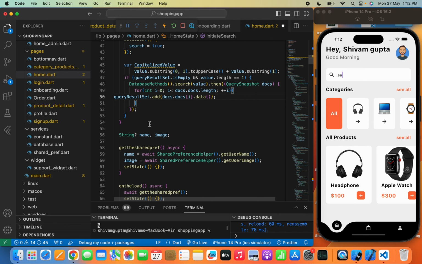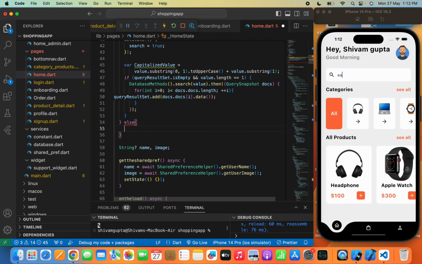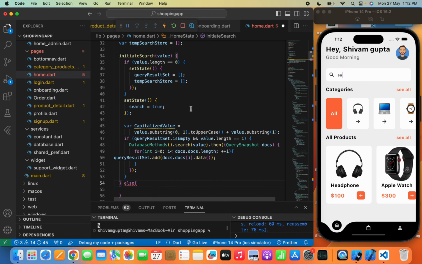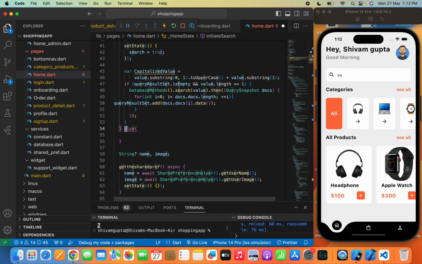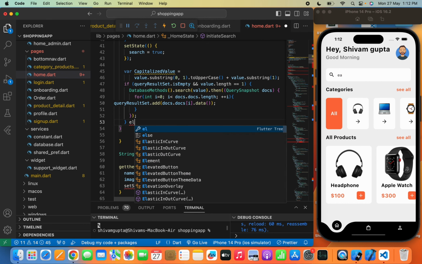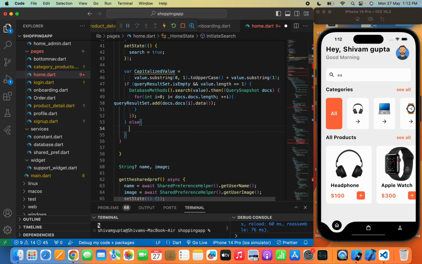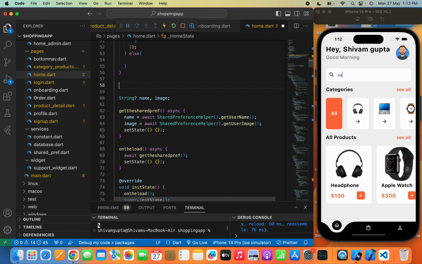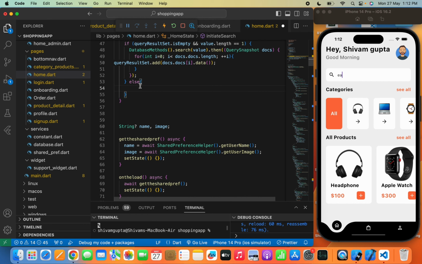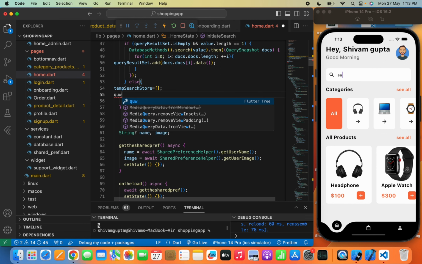Now after this I need to write an else part. So I will simply write else. Now not here, because we are writing after the function is called. So we need to pass it just over the if. So I will simply write the else over here. Now here we need to remove this. So in the else, I will simply pass the temp store to an empty list and will check the query